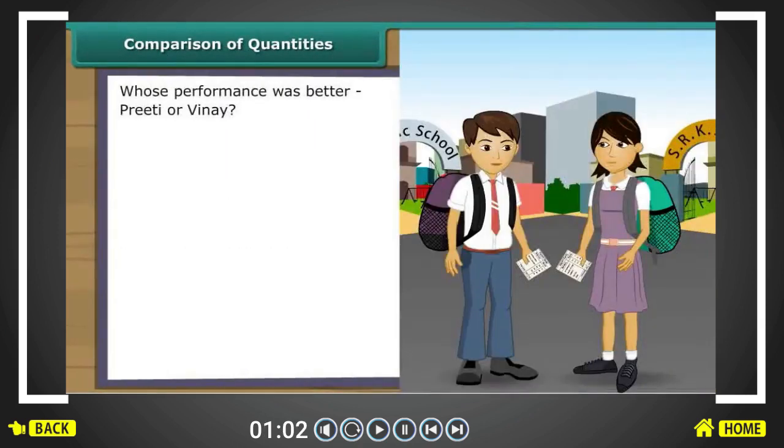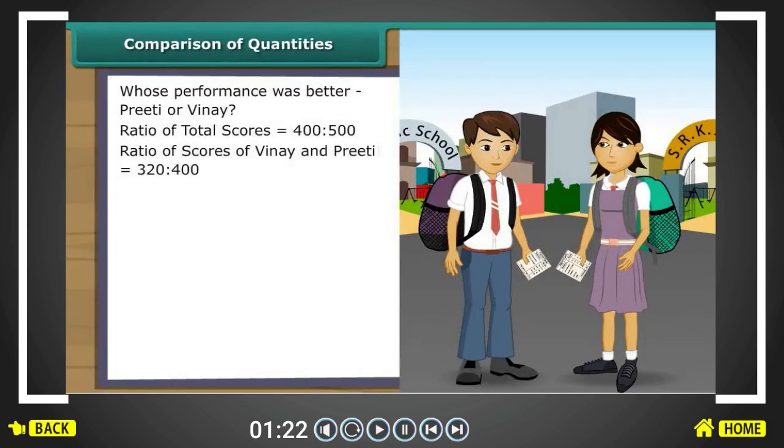Proportion. Earlier in this lesson, we heard Preeti and Vinay argue that their respective performances in the final exam were better. Let us sort their argument out with the help of proportion. Let us express the two total scores in the form of a ratio as 400:500. Now let us express the scores of Vinay and Preeti in the form of ratio as 320:400. Reducing them to their lowest terms, we get